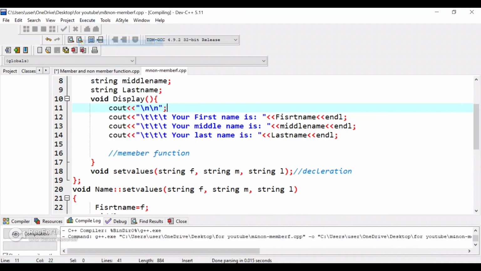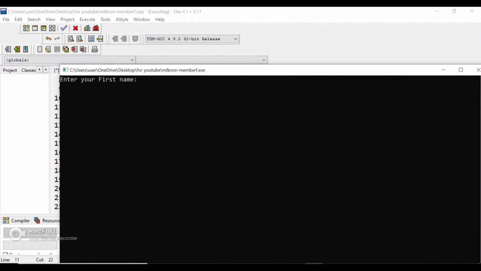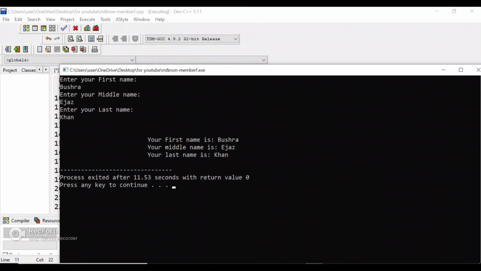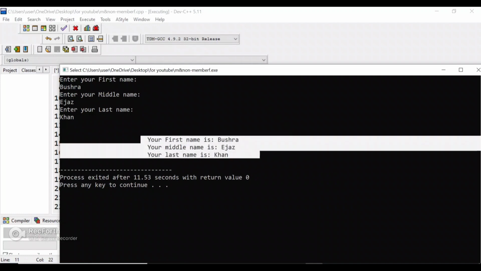So here our program is ready. So here we will run our code. First it's asking for our first name, like Bushra, middle name Jazz, last name. So here's the output which has been displayed through our